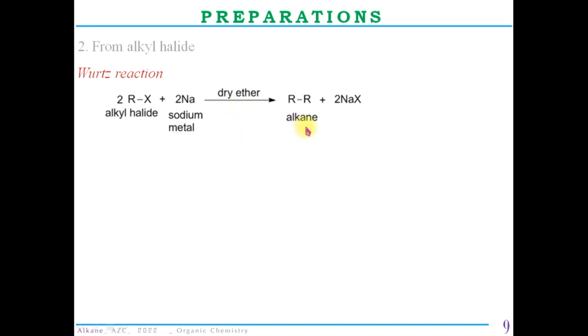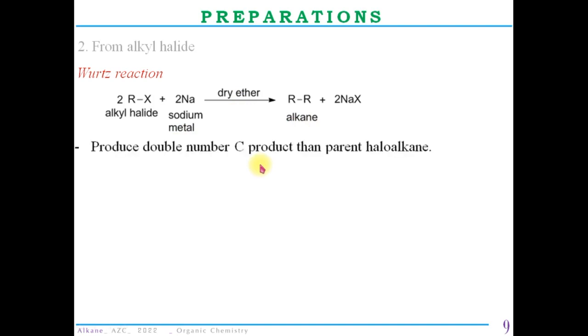It gives alkane. If you see here, the product which is formed has double the number of carbons than the original reactant alkyl halide. So we can say that if you take butyl halide or butyl chloride as a reactant, you will get octane, double the number of carbons. Mechanism